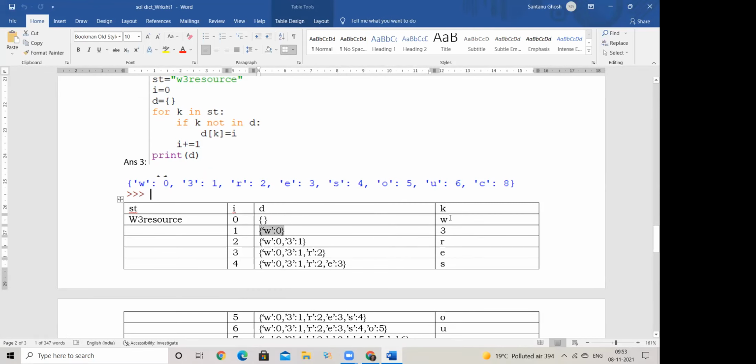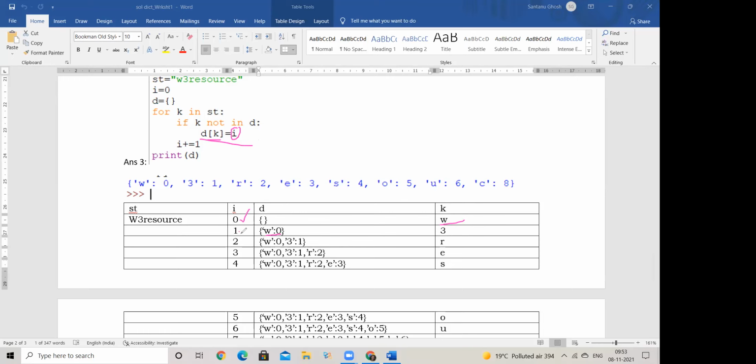K first time takes W, then 3, then R, one character every time from the string. So that same character goes there because you're putting it with the value from the variable I. So that is how you are getting W and 0. W picked from here, the initial value of I when it is updating is 0. So this gets added.